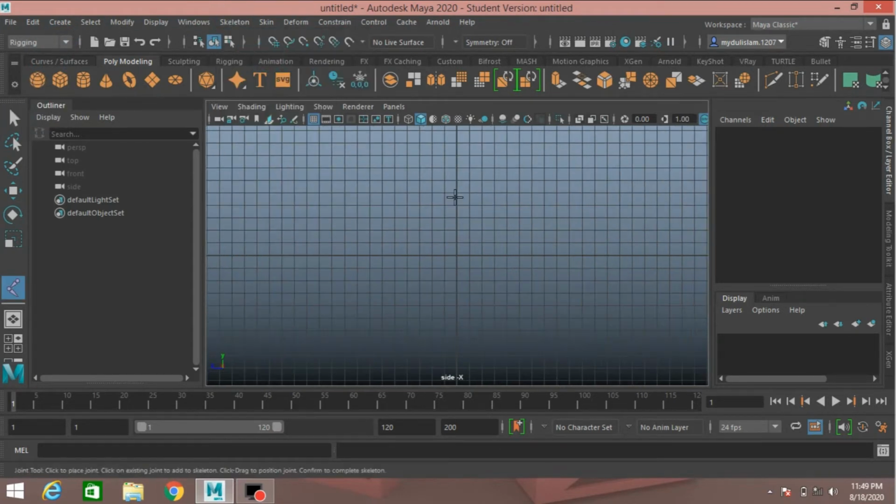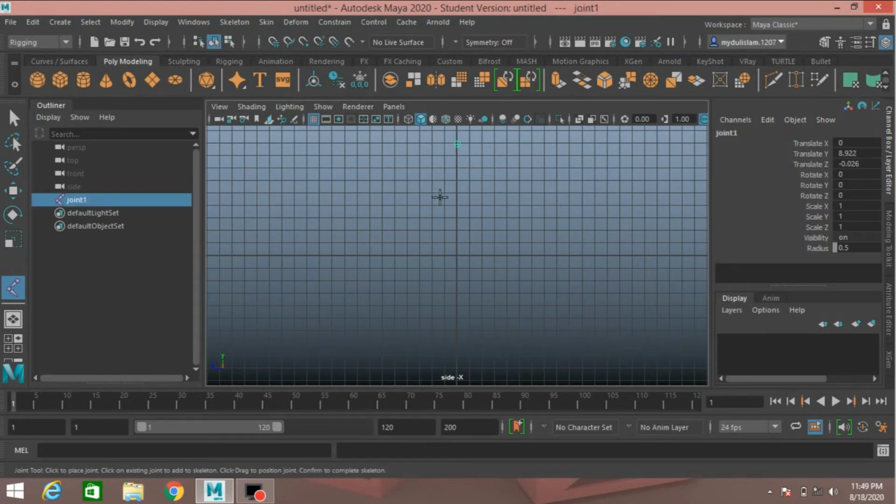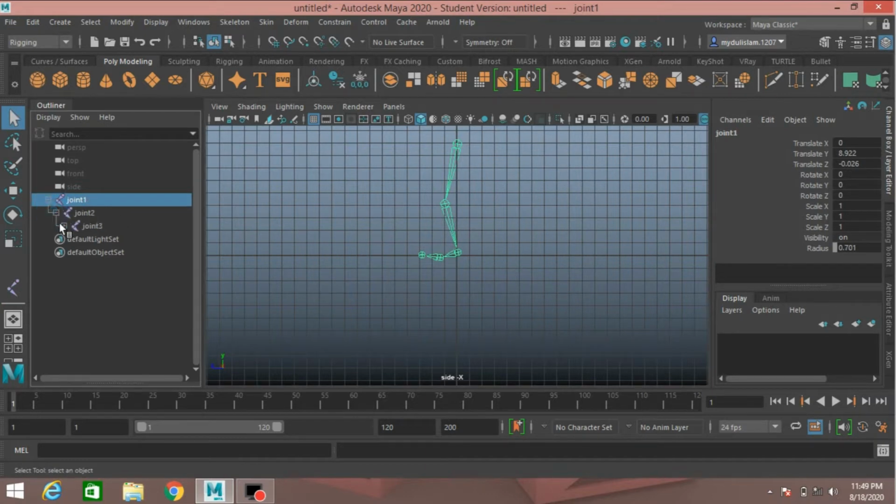skeleton, create joint, create one joint here, one here, another here, one here and another here. Press enter, rename the joint,